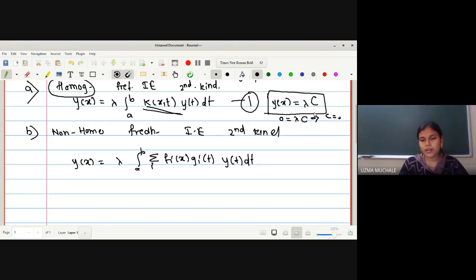Or rather, you can substitute the value of this constant, whatever you evaluate. Here, if you want to find an obvious solution for this equation, we can say y of x is equal to 0 is an obvious solution. Right? Yes, ma'am. If y of x is equal to 0 is an obvious or trivial solution for equation 1, we are not much interested in a trivial solution. What we will do is find the solutions such that y of x is not equal to 0. So now we are in the case of y of x not equal to 0.